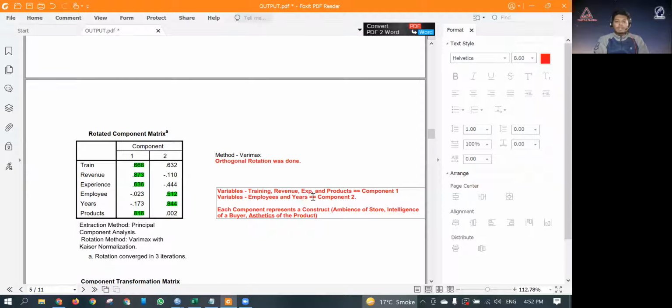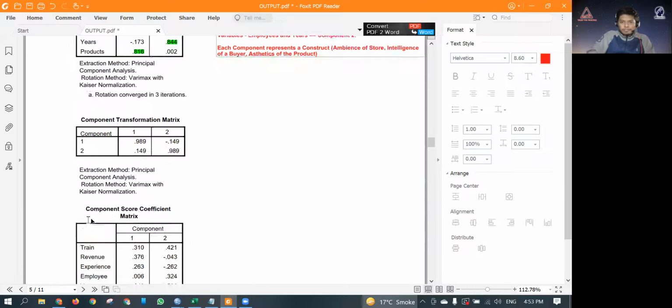So these are factors which can't be really measured using a linear scale. You can't really measure ambience through one factor. A product of all the factors that comprise ambience will create that construct. So here we can draw a construct between the training, revenue, experience, and products.